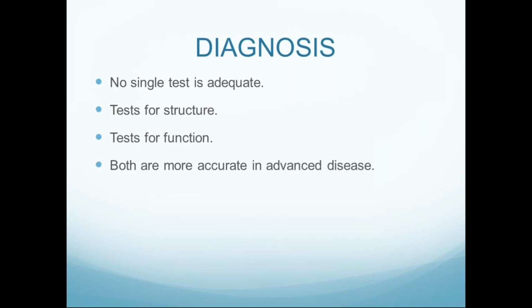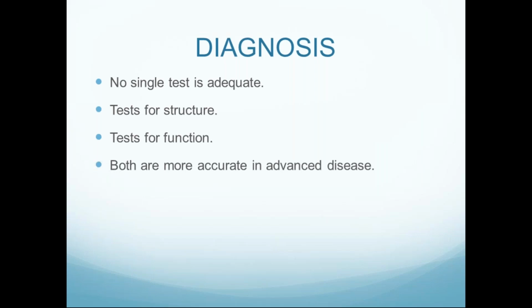So, coming to the diagnosis, a single test is not useful in the diagnosis of chronic pancreatitis. We require biochemical tests, direct tests, indirect tests, pathological tests, and radiological tests. Combining all these tests, we go for the diagnosis of chronic pancreatitis and its complications. So what are the tests? There are tests for the structure of the pancreas and tests for the function of the pancreas, meaning both endocrine and exocrine functions.